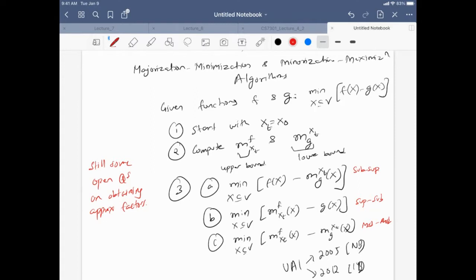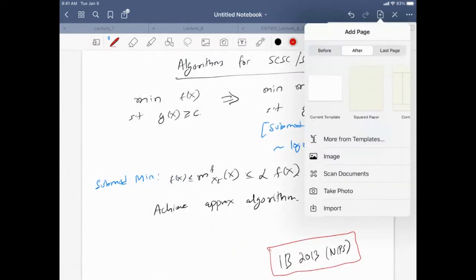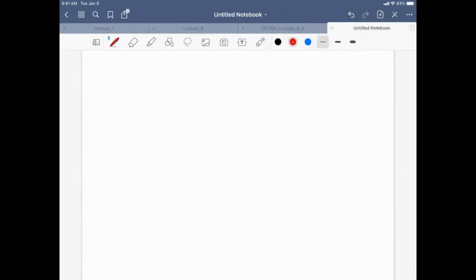So I think this would probably be a good point to stop and see if you have any questions, because with this we would end the portion covering submodular optimization. Next time I would almost entirely focus on applications. I'll talk about a few different applications, like some data subset selection applications, some active learning applications, feature selection, some rule induction applications, and so on and so forth. So we'll focus on applications next time, and I'll give you some flavor of how this is actually used in machine learning.